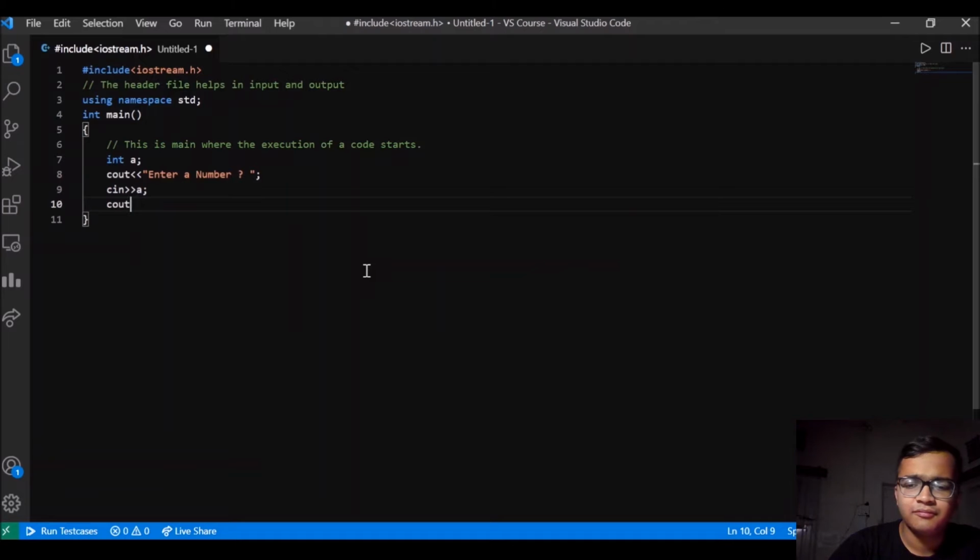After that we will print the value of the variable which we have asked from the user, like this: the value of variable a entered by the user is, then the angular brackets, and then the statement terminator, that is the semicolon. Okay, so for better output, like this. So let's comment it again.